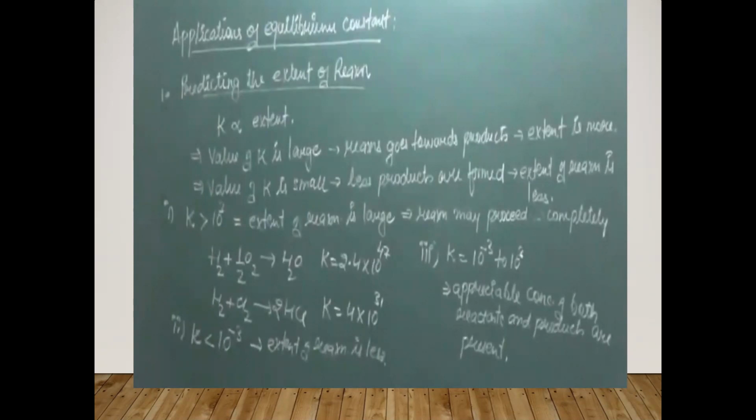Like if the value of K is large, so what does it mean? It means जब equilibrium आया तब maximum reactants product की form में convert हो चुके थे. यानी reaction complete ही होने वाली थी कि equilibrium आ गया. मतलब reaction forward direction में तो जा ही रही थी, लगभग खत्म ही होने वाली थी कि backward भी start हो गई, और दोनों जगह का rate और concentration equal हो गया, तो equilibrium आ गया. तो it means products dominate, यानी product ज्यादा होगा, reactant approximately खत्म हो चुका होगा. It means the extent of reaction is more.